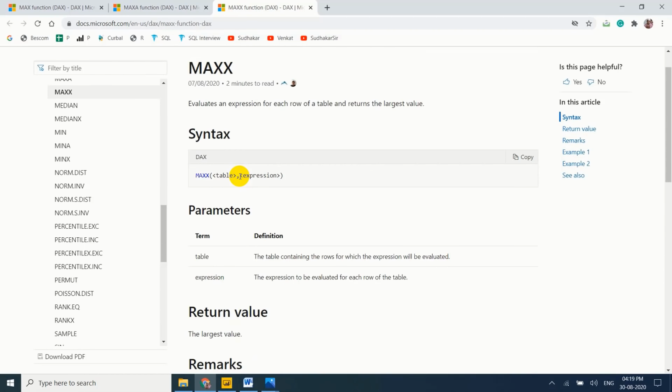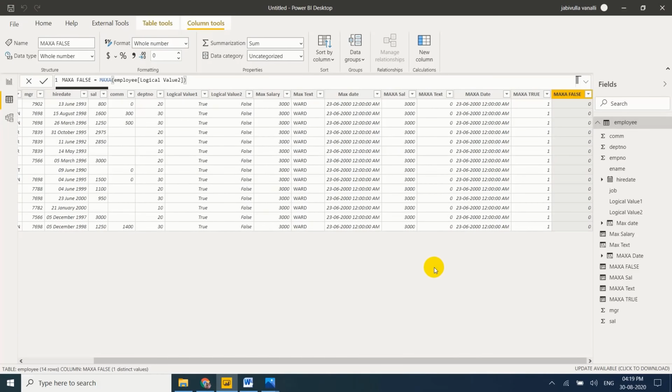By using MAXX, we can declare the filters also, right? Now I want to find the maximum value from the salary column, and then I want to filter. Right click, new column.